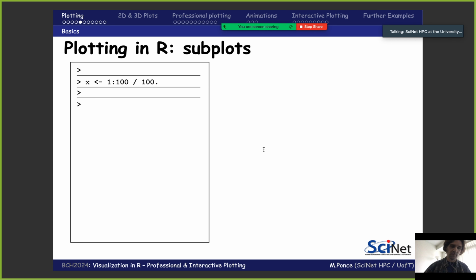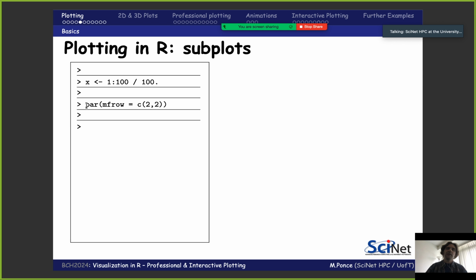Subplots are a generic way of also creating insets, like when you have a plot and inside the plot a tiny zoom-in of a region. So we're going to use a similar example as before, a vector from 1 to 100 divided by 100, meaning from almost 0 to 1. And now we're going to start using the par function.